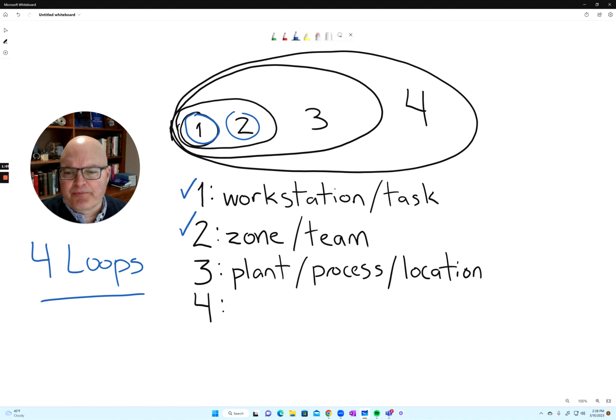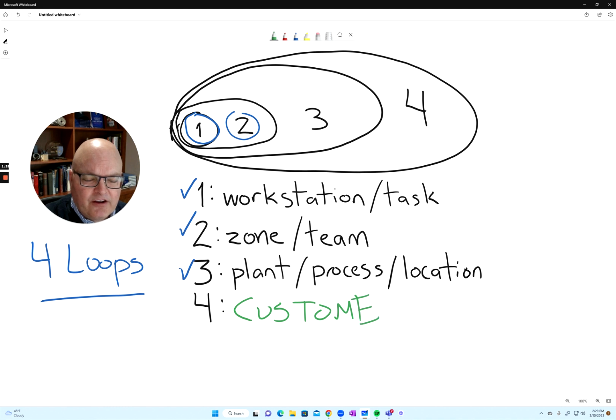The third loop is the plant in a manufacturing example, or a process or location in other examples. Basically, it's the end at which you control things before they head out the door. And that really decides our fourth loop, which is, of course, most important, the customer. Right? And so the goal is to understand where quality is inspected, where quality is controlled, and also how these